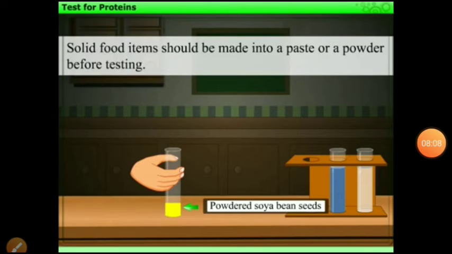So, in this video, what did we do? We took powdered soybean seeds in the test tube and put some water into it. Then we put 2 drops of copper sulfate into it, and then we put 10 drops of caustic soda into the test tube, and we kept it for some time.